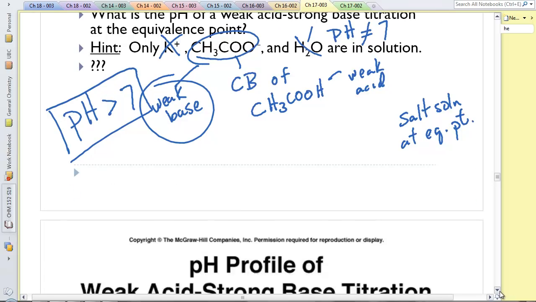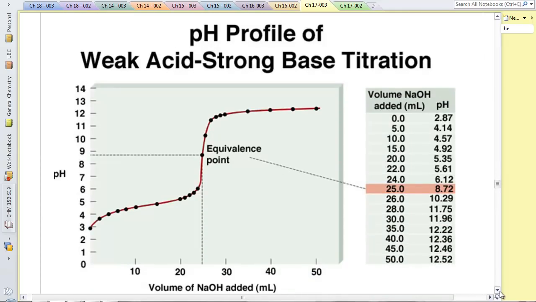All right, so let's look at a titration curve here. And you actually did titrate an unknown weak acid in the Chem 152 lab. So you've seen titration curves like this. And I'm not going to spend very much time here, but you do see a little bit of difference. We're going to start at a higher pH because it's a weak acid. And then this region of the curve is called the buffer region,